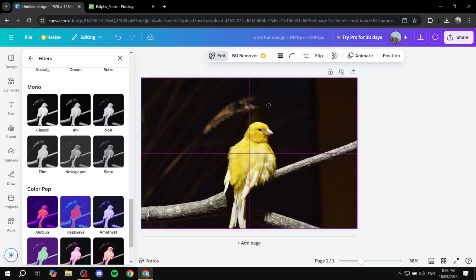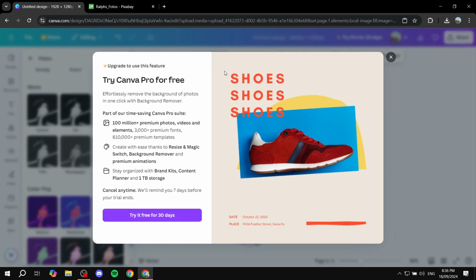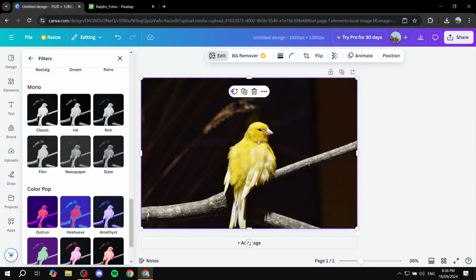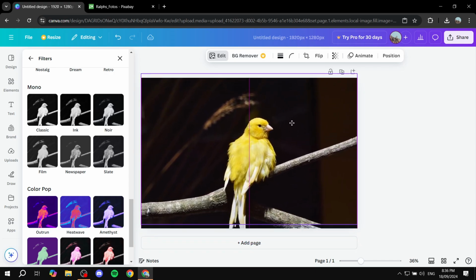So we want to align it perfectly on top of it. And then what we want to do is remove the background from Canva. This is going to require the Canva upgrade, but yeah, this is pretty much how to do it. But if you don't have the upgrade and you can't really afford to do it right now,